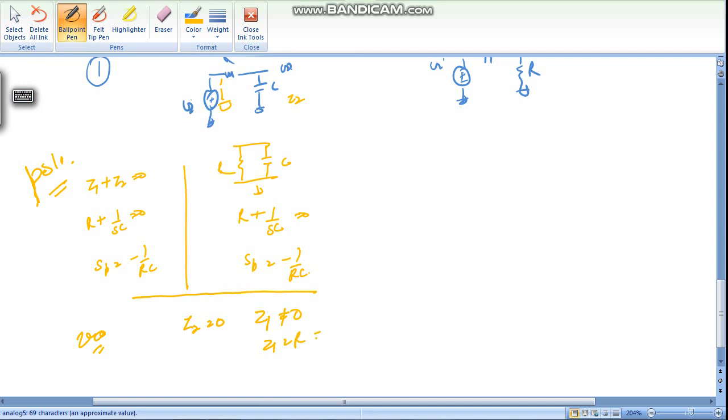Z1 equals R, so it is not 0, it is finite. Z2 is 1 by sC, which is 0 only when s is infinity. So the zero is at